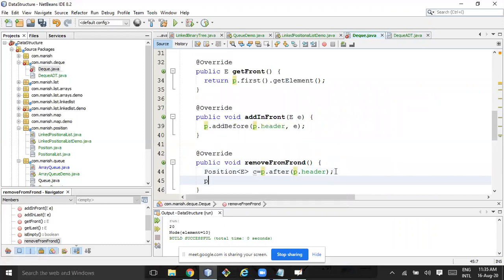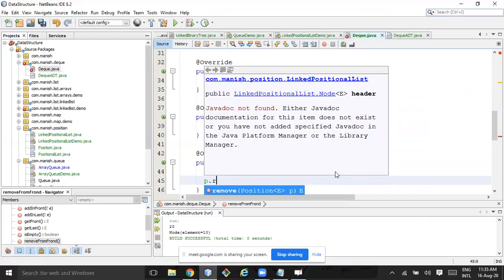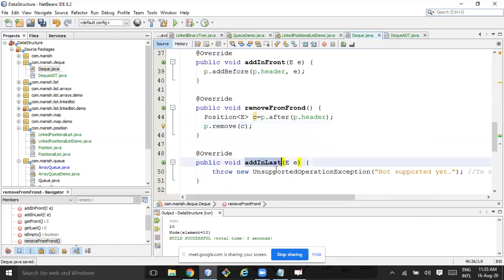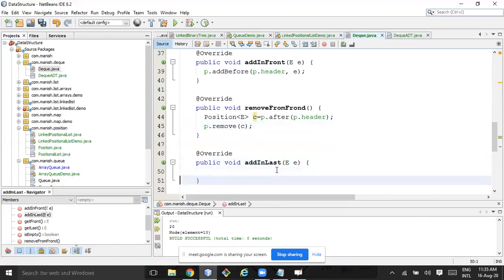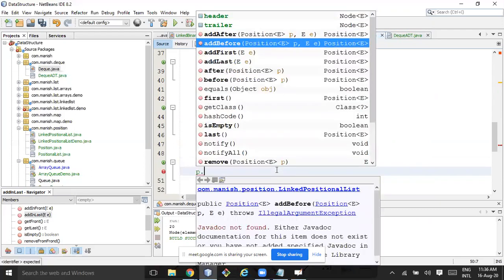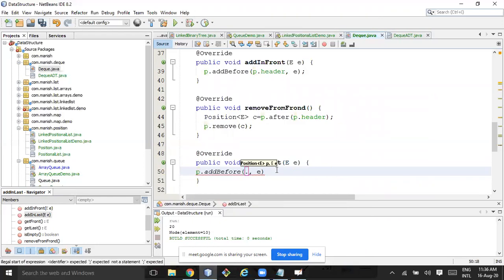Here you can do p dot remove. See, that is done. Add in last: add before, here you can go p dot trailer. Right? All the methods implemented.